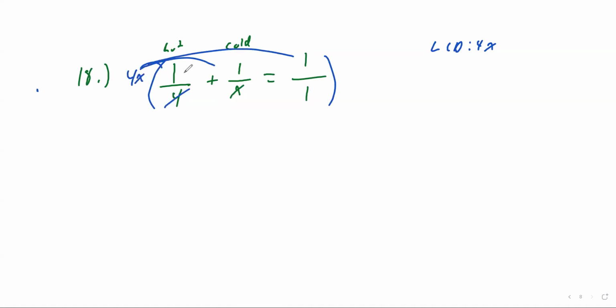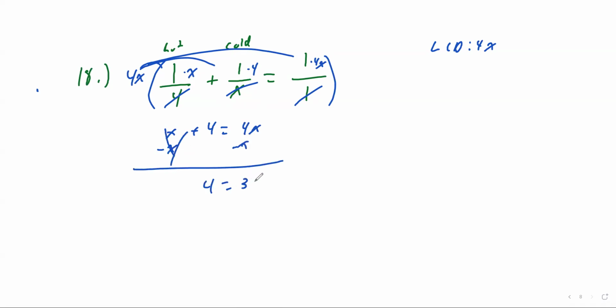So the 4 would cancel, and I really just have x. The x would cancel, and I really have 4. And this is technically just going to be 1, so I'm going to multiply by 4x in itself. So 1 times x is x, 1 times 4 is 4, 1 times 4x is 4x. And now I'm just going to solve. So subtract x on both sides. 4 would equal 3x. And then divide by 3. So x would equal